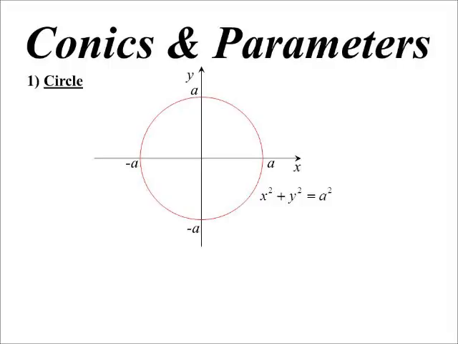I start looking at the parametric form of our conics. The first one, the circle, I suppose we don't do a heck of a lot with the circle in conics, but let's just have a look at its parametric form. Any point, there's our random point, x, y, we can express it in terms of the angle it makes with